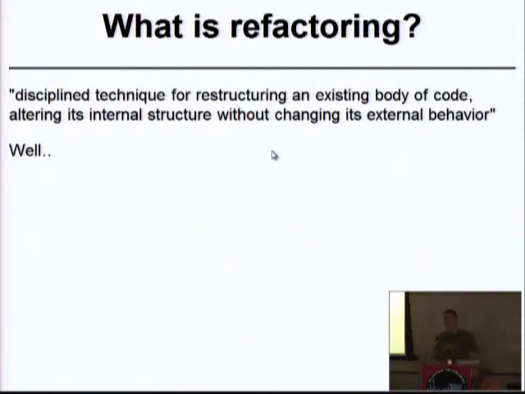Okay, so refactoring is basically changing your code without changing what it does. Well, that should be refactoring, but if you have been doing refactoring, then you already know that that's not always the case. You start making changes just to improve the internals of the code, and very quickly you find bugs, and then you want to fix them.